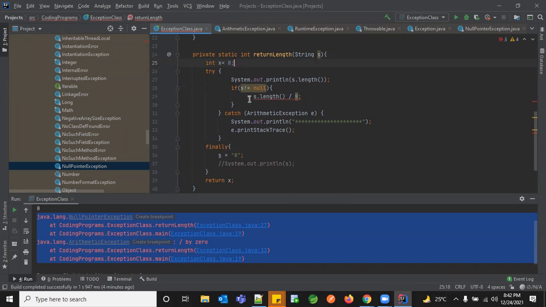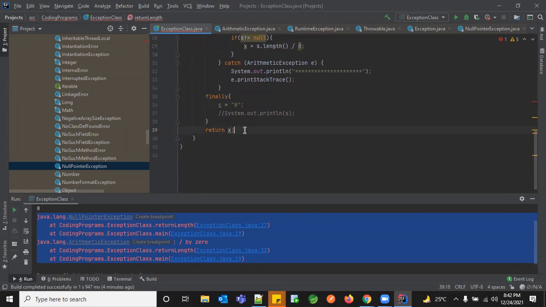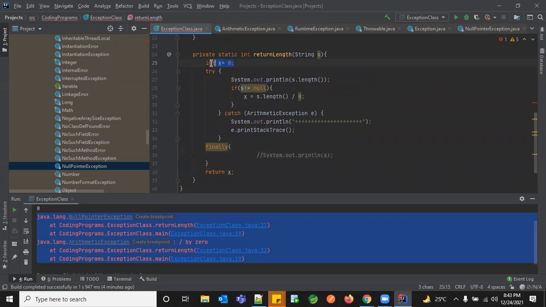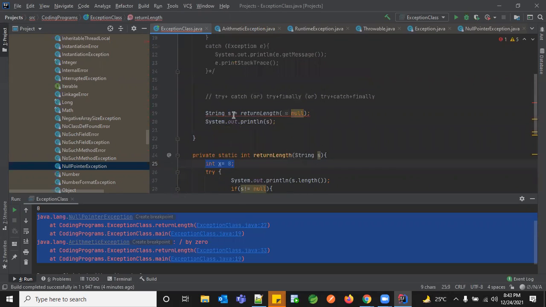Since I'm using a primitive, it will be defaulted with the relevant value. So I don't have any dependency to normalize it in my finally block because it has a defaulted value. Now here we have int, and now let's execute.